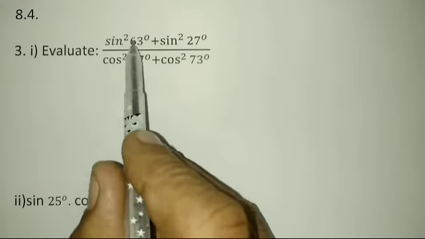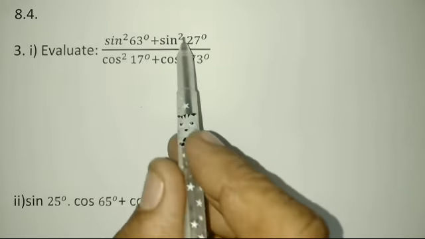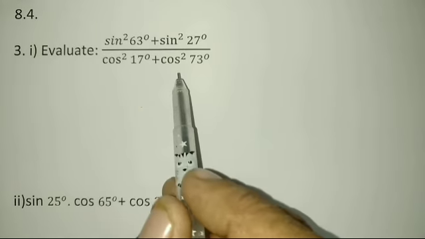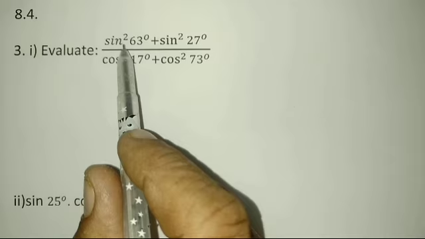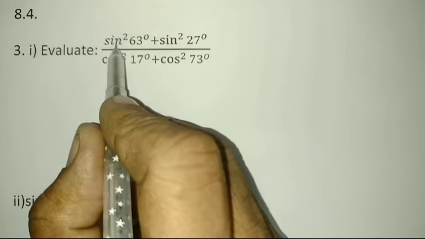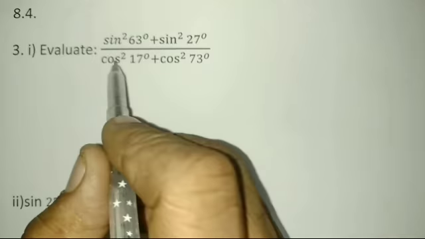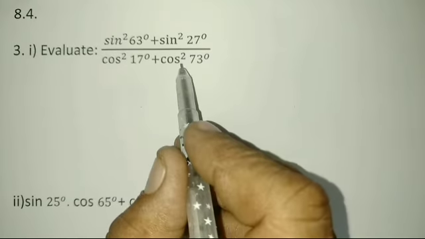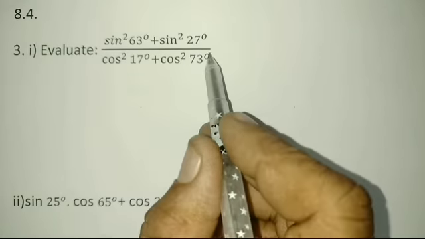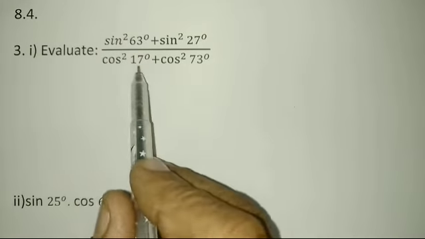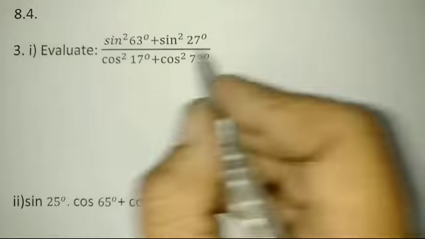8.4, third problem, Roman number 1. Evaluate sin square 63 degrees plus sin square 27 degrees by cos square 17 degrees plus cos square 73 degrees. Now we have to simplify this. We don't know the values of sin 63, sin 27, cos 17, cos 73. But we know that